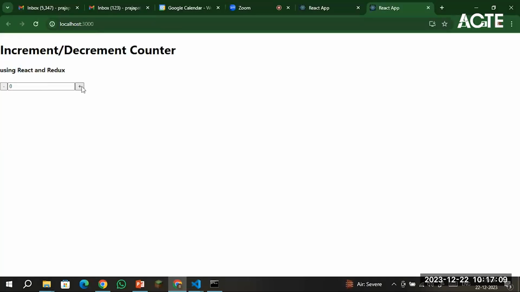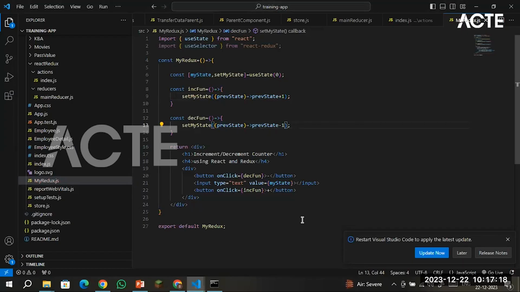Okay, I'm going to increase that, that will be increased, and if I decrease that, it is going to decrease. It's a very simple thing, whatever we are using in our simple React application. But how can we implement it in Redux? Then for that